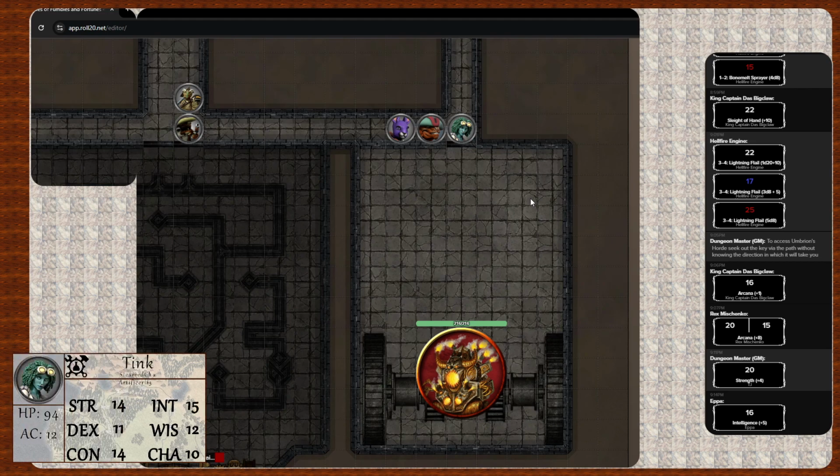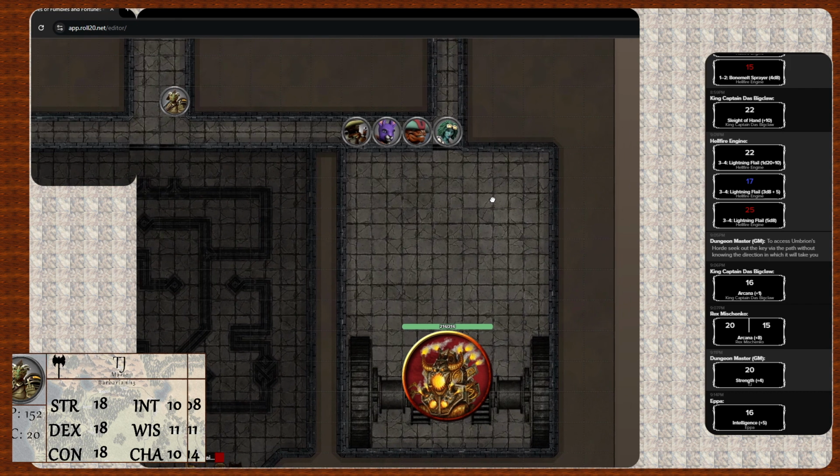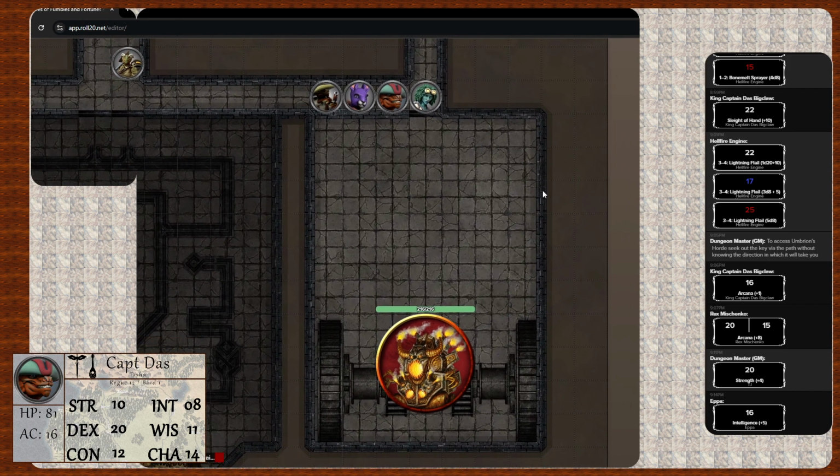Glares at you angrily. Doesn't seem aggressive. What would you like to do? Like I say, is there any way of sort of feeding it? Was there any coal or anything around in there?